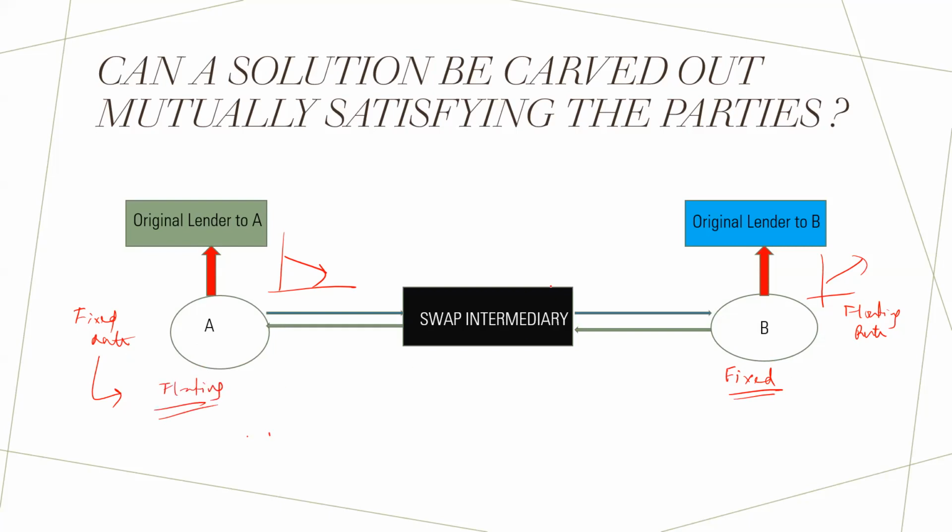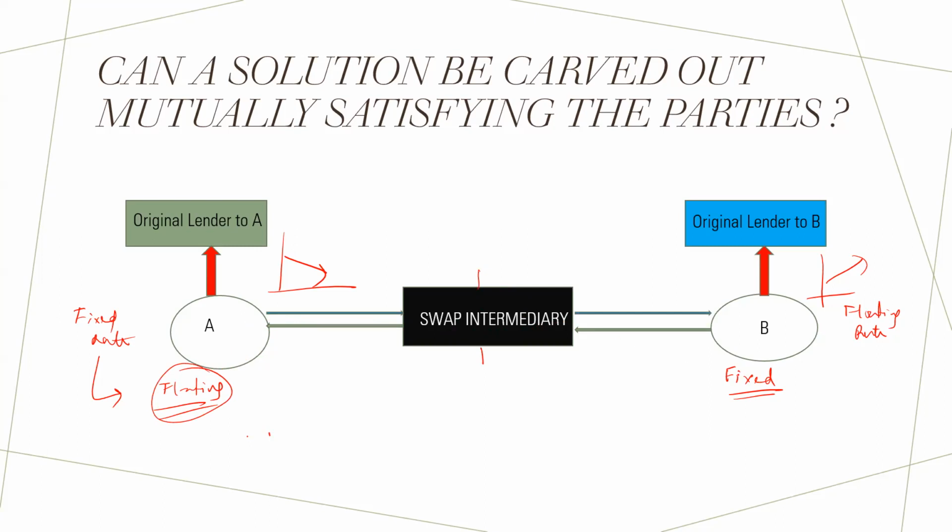Okay, the swap intermediary, more often than not, is a large-scale bank of international repute, which comes to the rescue. They are the ones who are more often than not specialized in this kind of job, and they would work the intermediary's role out here and facilitate the transaction. And the transaction would be wherein the borrower A, since it wants to transfer into a floating rate, will be